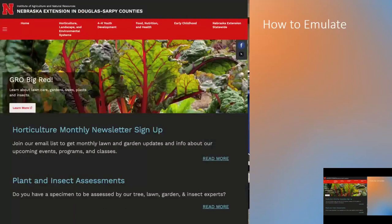But what Creighton has done isn't the full exhaustive list of varieties. There's a whole spectrum of native plants in just about every color imaginable that may suit your fancy. And there's a lot more resources that you can go on to look this up. The Nebraska Extension offices are a really good space to start. They have some really exhaustive lists. They can get you their horticulture monthly newsletter and really provide you this starting point for looking at your options